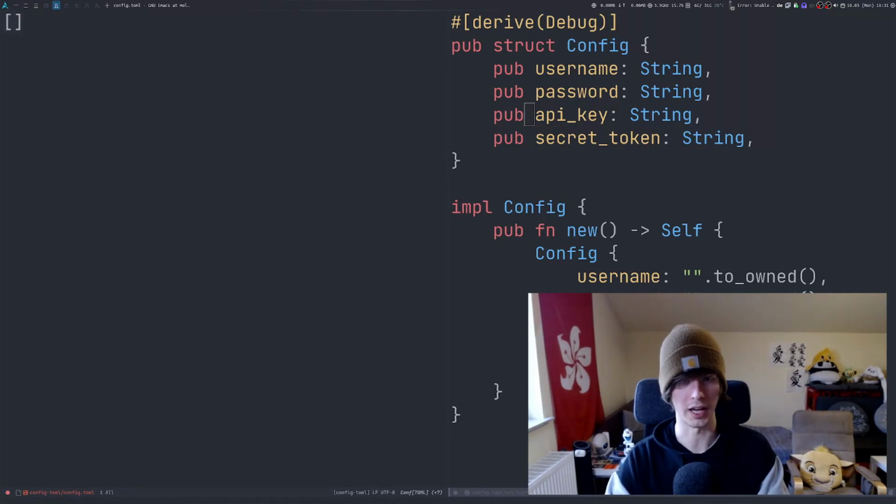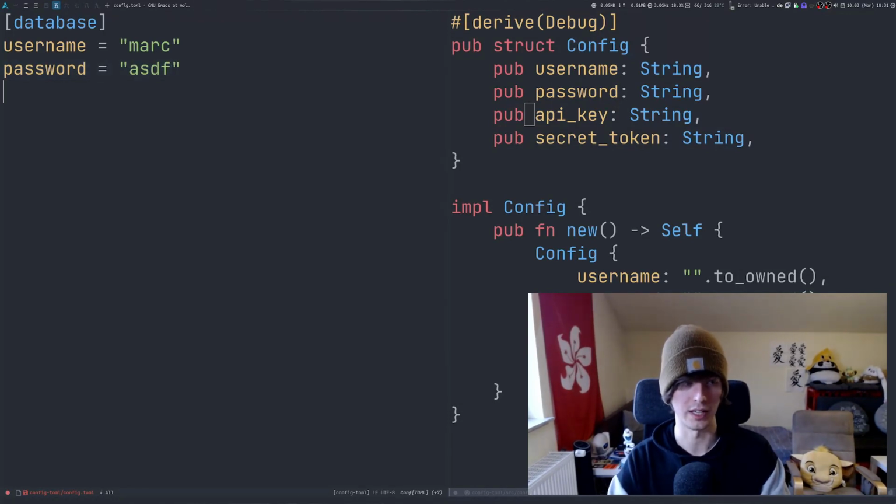And we're gonna have some tables. The first one should be database, because we have our username and we have our password. And let's just make it a real safe password. Then another table should be like our API key. Maybe I'm using a third-party service like Google, I don't know. So API key should be something like